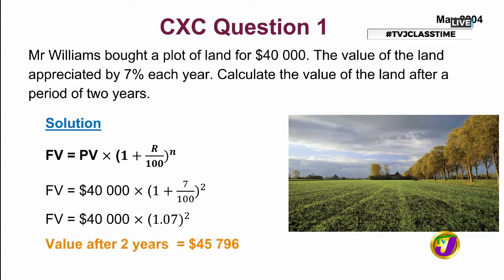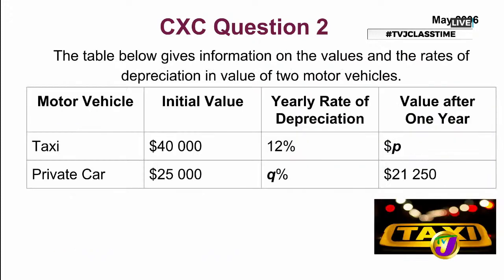Right. And so after 2 years, our piece of land, or Mr. Williams, not mine, plot of land would now value $45,796. Okay, so it means that this land would have gained $5,796 in value. Yeah. Holy cool. Money that's in 2004, you know. That is why when we started, I said we must choose wisely what we invest in. I need to call a realtor right after this. There you go. All right.